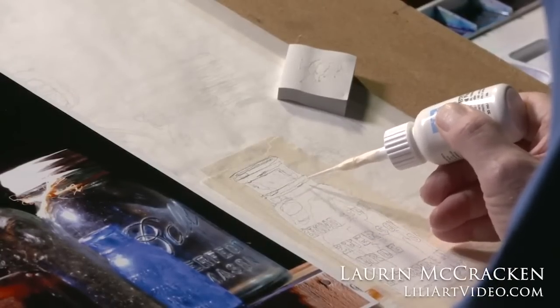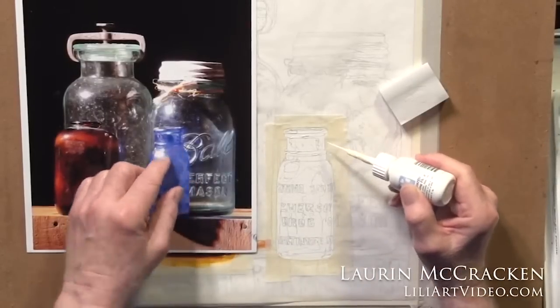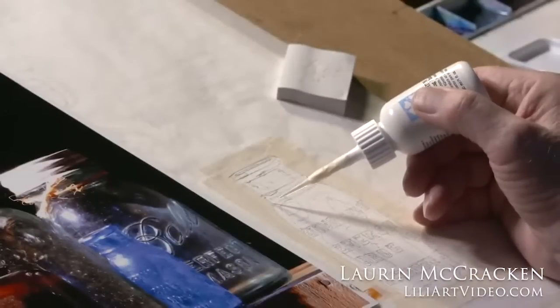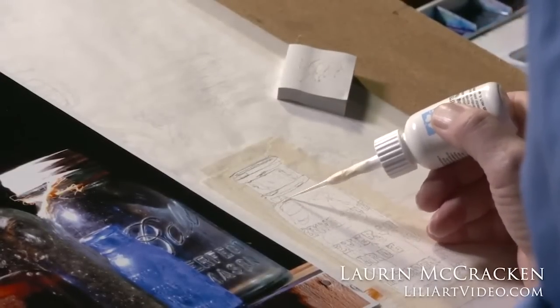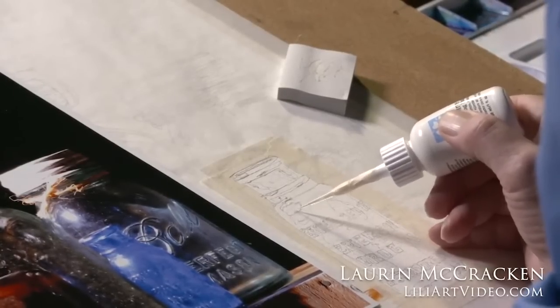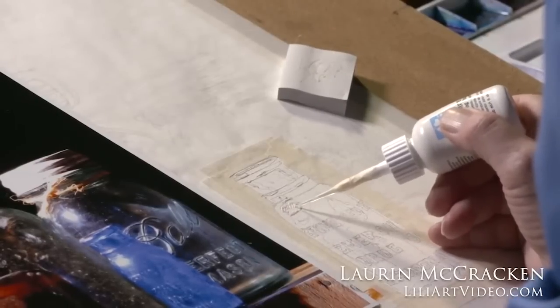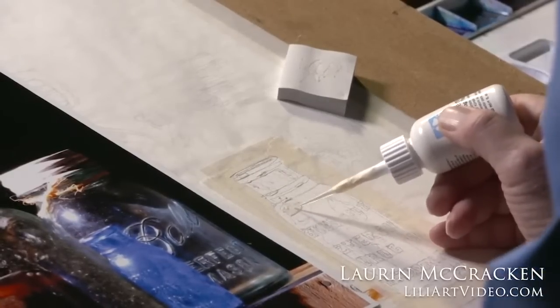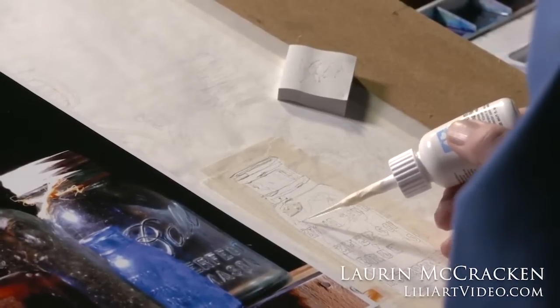And these little bitty lines under here, that little bitty highlight is really important to define that little shape that runs across the bottle. And again, be careful about how you put the masking fluid down. One thing to keep in mind is that thicker masking fluid doesn't help. That just takes longer to dry. A very thin layer of the masking fluid, as long as it covers what needs to be covered, is perfectly